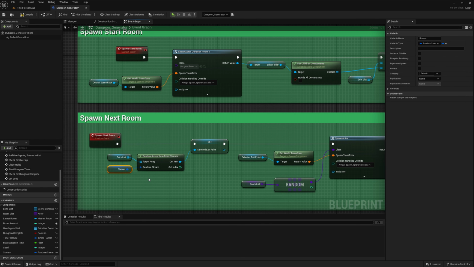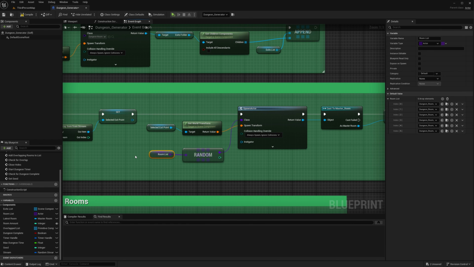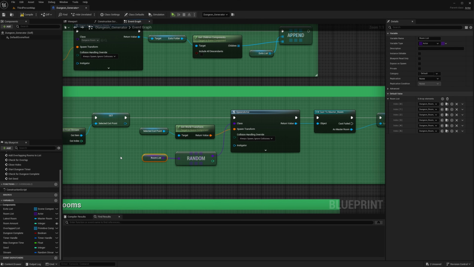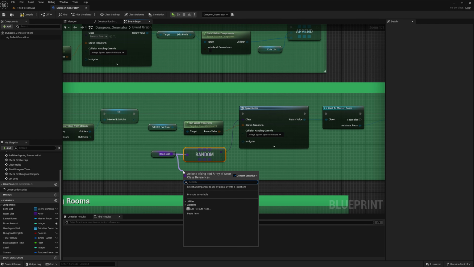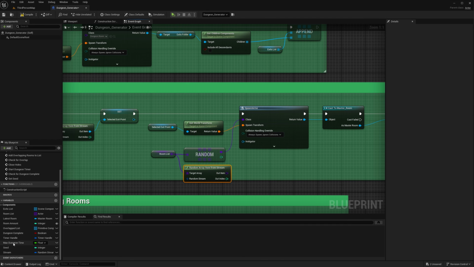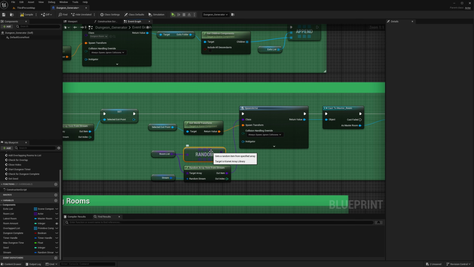We need to do the same for the rooms, which is this one, the room list. Which rooms are we selecting every time we get an exit point and we need to choose a room? Right now it's just completely random. We don't want that. So drag out from the room list, type in stream, random array from stream, get the stream down here in the variable list, plug it into the random stream, and then plug the out item into the class. Remove this random because it's not really random anymore. It's determined by the stream,